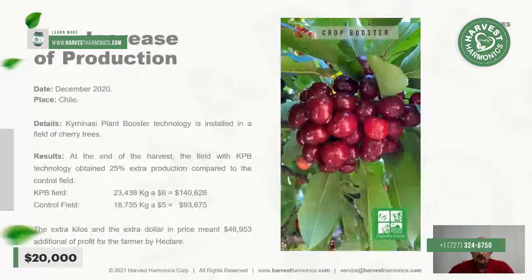So I'm going to showcase my screen here, and I'm going to just show you this one slide. So in this particular farm, now this is a cherry farm. Of course, cherries are nice. They're a high value crop, and when you can get them right, they are a huge moneymaker. Okay, so $46,953 is what we made this farmer per hectare. Now a hectare is 2.5 acres, so that translates into roughly $18,500 per acre